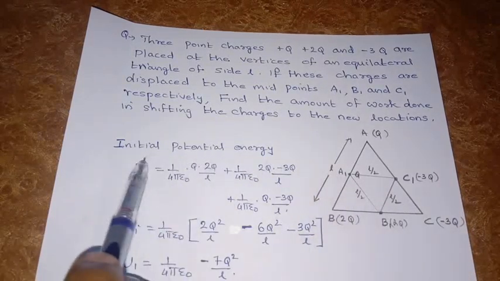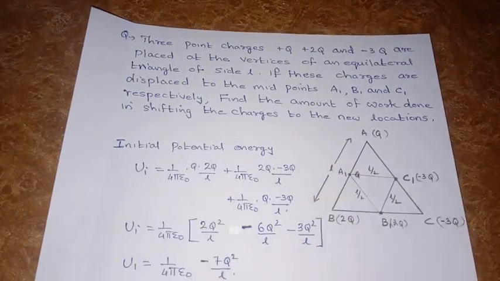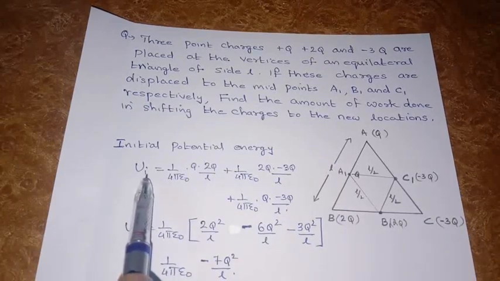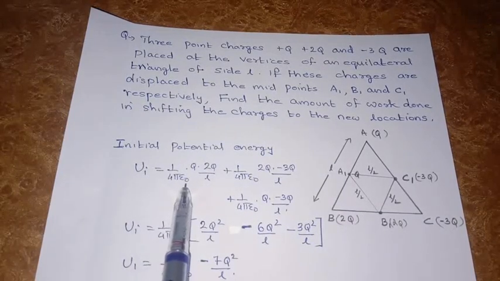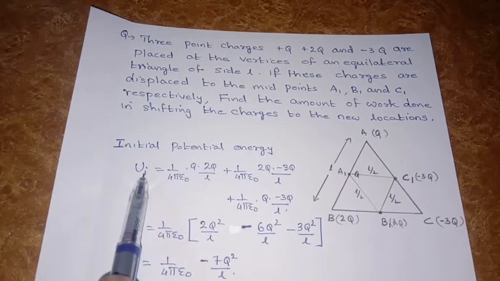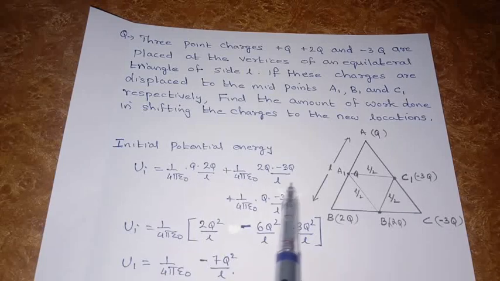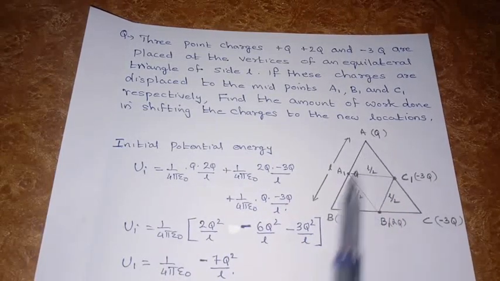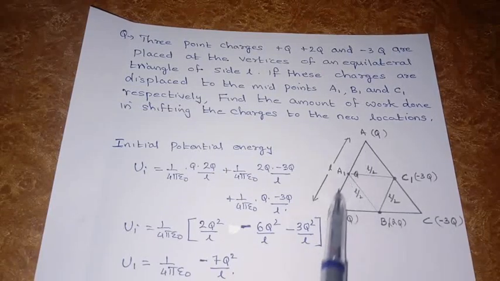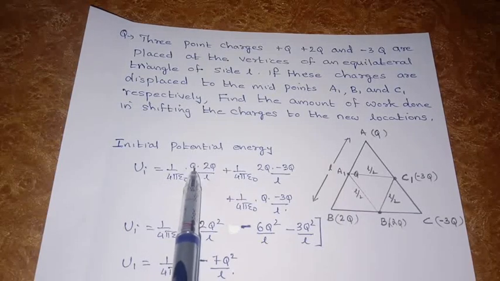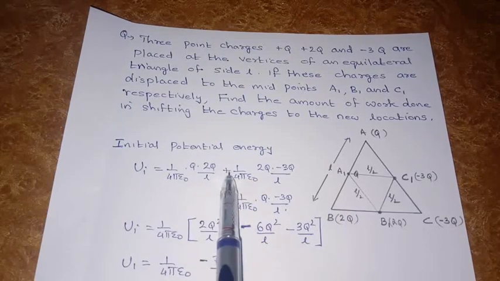So initial potential energy we can calculate. Initial potential energy is the amount of work done to assemble this system of charges, and we already studied that potential energy is equal to the sum of potential energies of each pair. So the first pair I am taking is Q and 2Q, and the distance between them is L. Therefore the potential energy will be 1 by 4 pi epsilon 0 Q into 2Q divided by L,